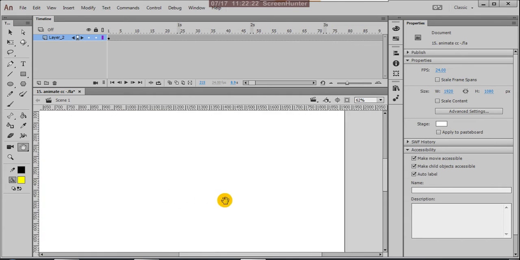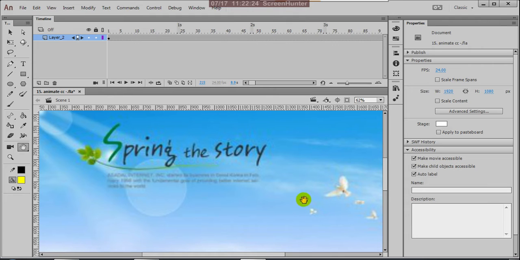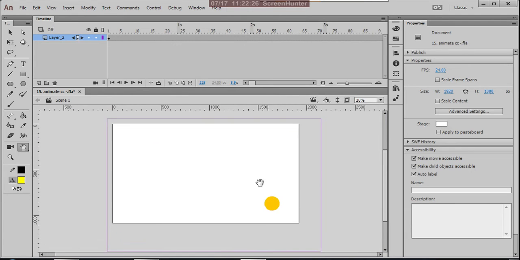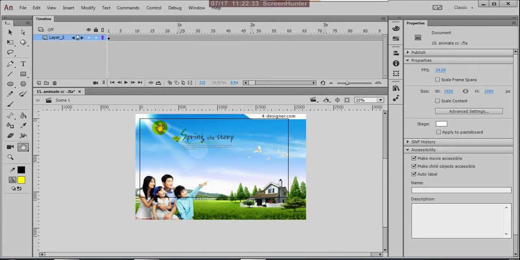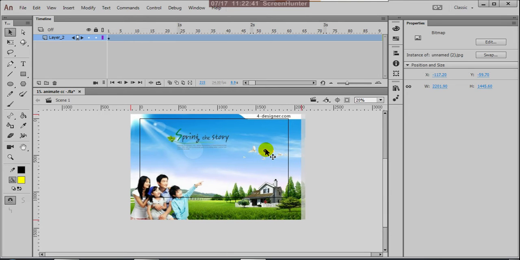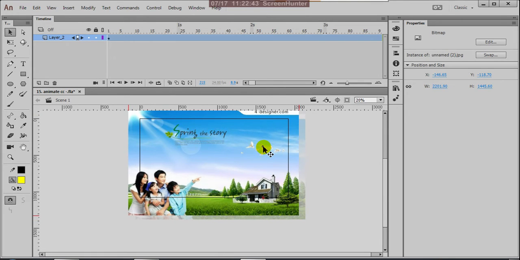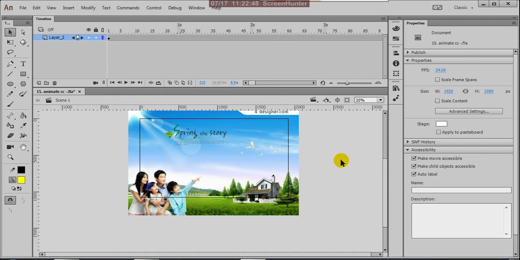Then we reveal this spring story, and finally we show the house, then finally we display everything, the whole picture. So this is actually the narration for the story. Right, for that, this is my picture up to these many frames.